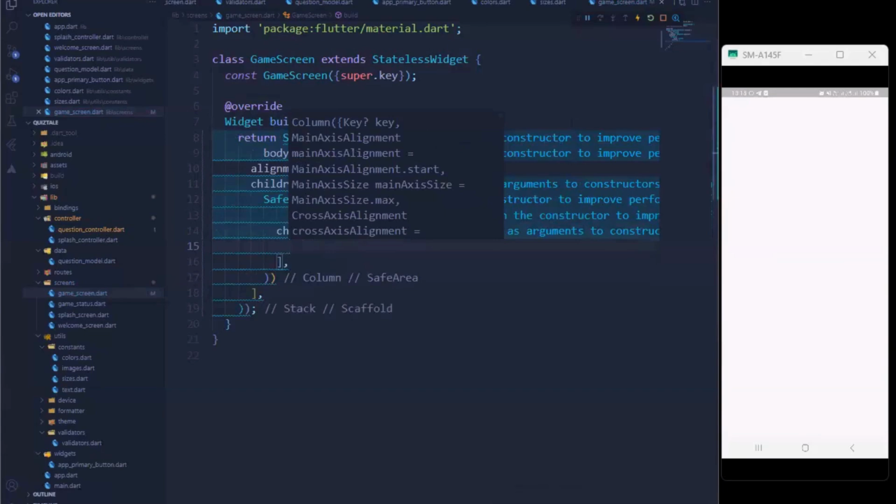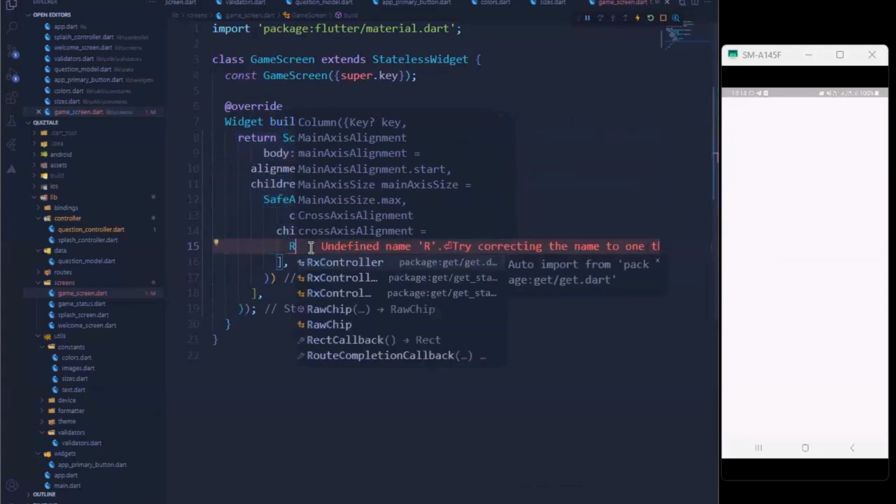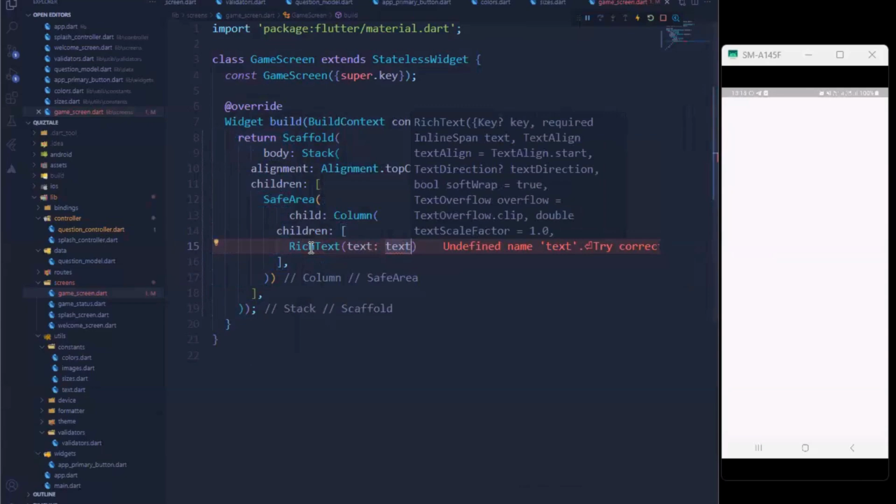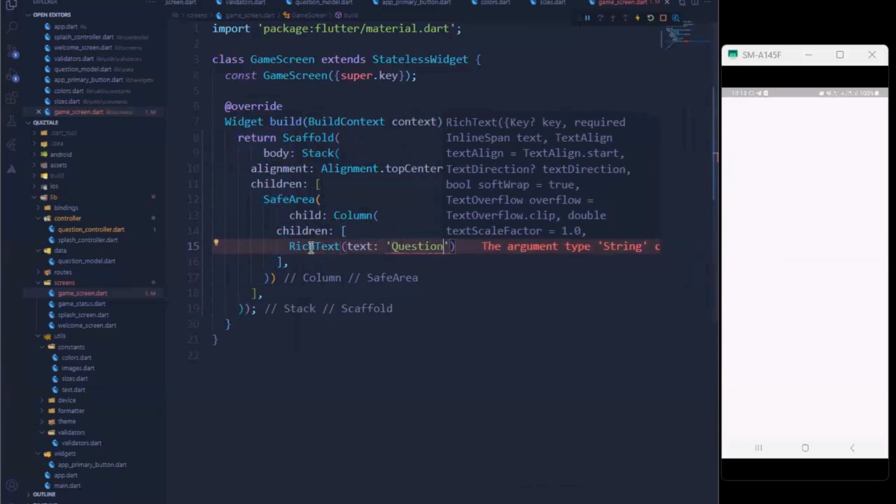We're just going to have the question, and then the options and all that. That's basically what we're going to have. So I'm going to be using a widget called the rich text, right? So the text here is just going to be question, right? And then,